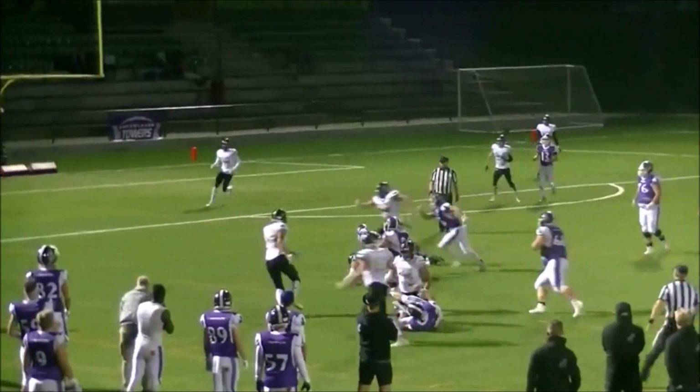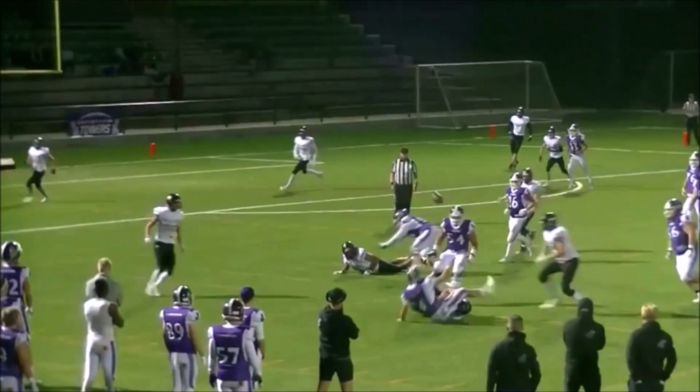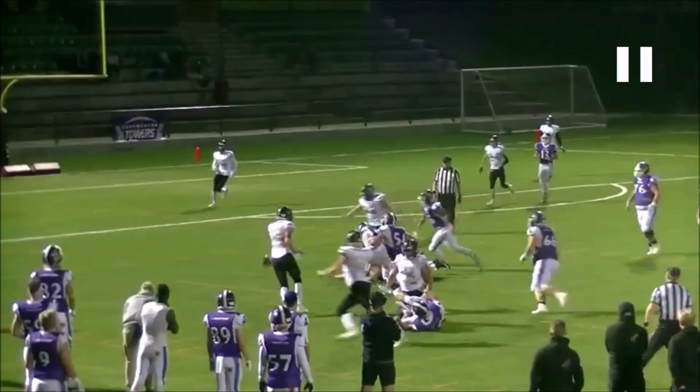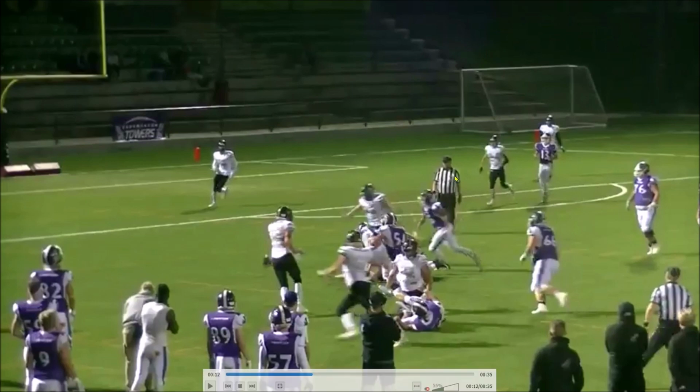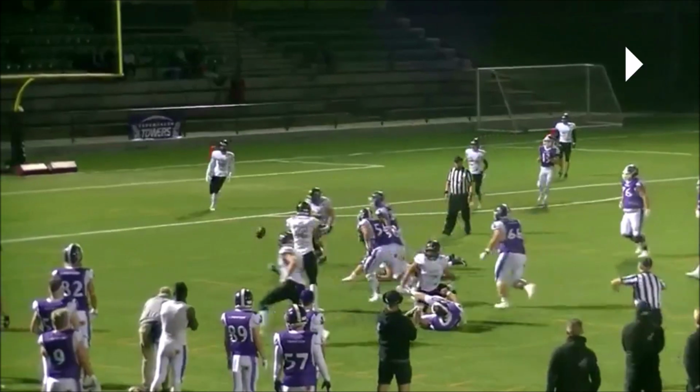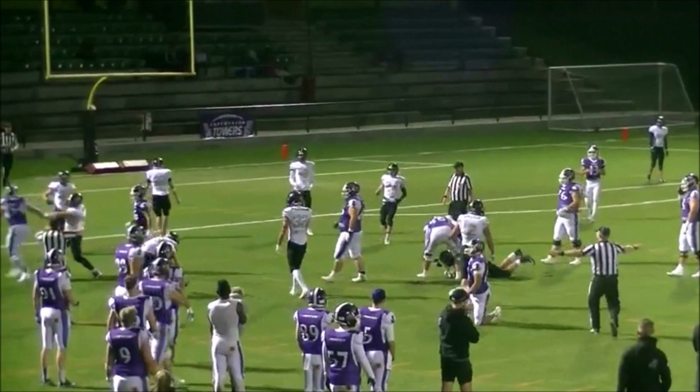And here the quarterback does throw it, and whether the ball gets back to the line of scrimmage is hard to see from this angle, but the running back is right here and the ball is right here, and that is close enough that the running back is in the vicinity, making this a legal play.